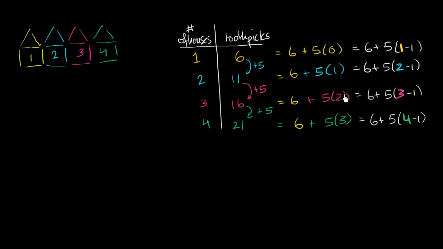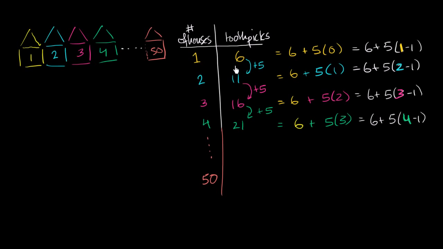So now I think we are ready to think about what would happen if we wanted to make 50 houses. So let's try to do that. This right over here, I'm going to do that in orange, is our 50th house. So this is the shared left wall it has. This is the 50th house right over here. So how many total toothpicks for 50 houses? Well, we can use the pattern that we came up with. It's going to be equal to,